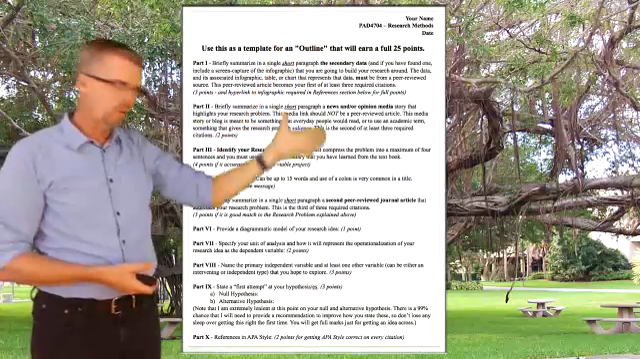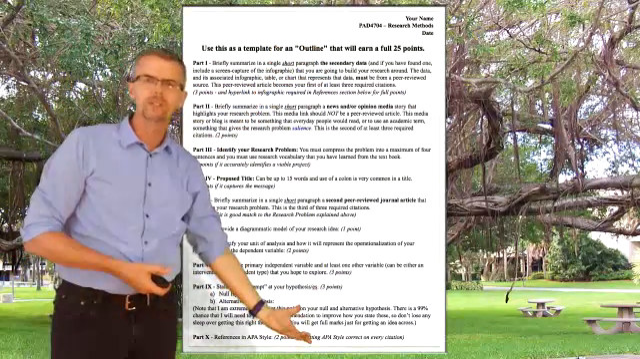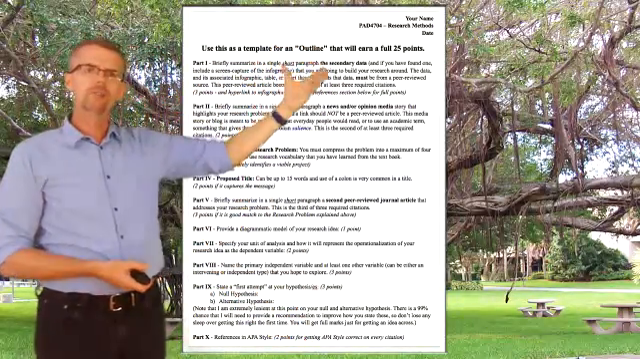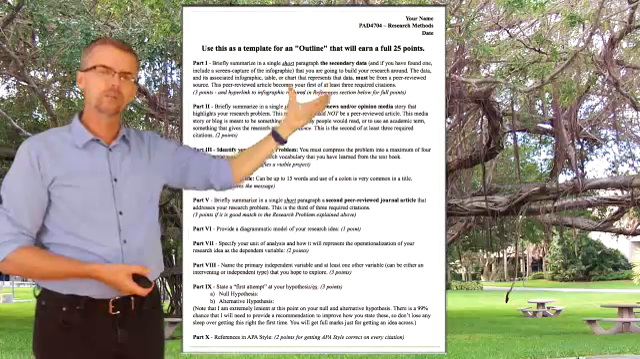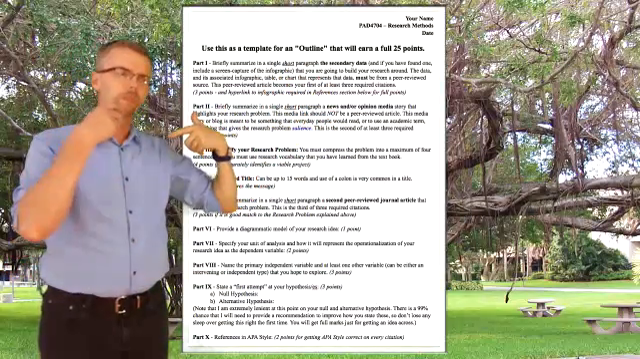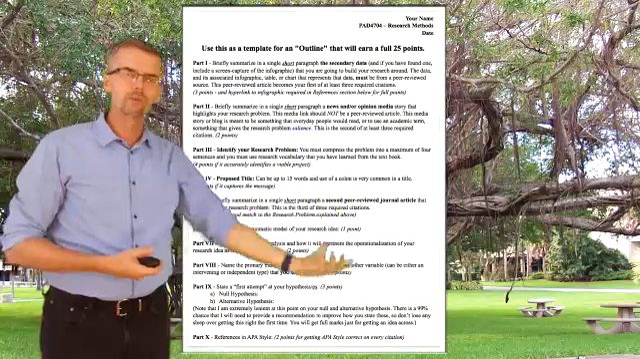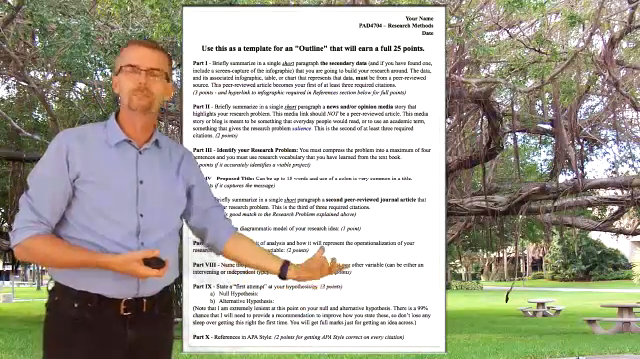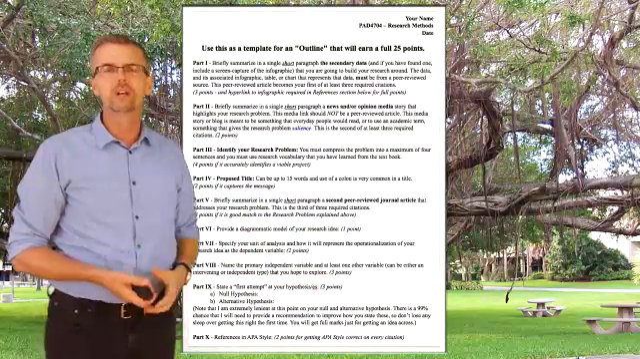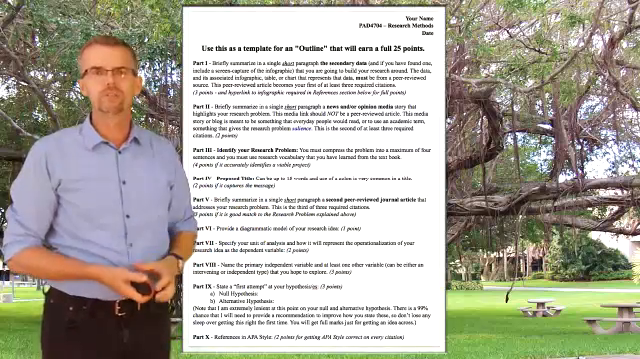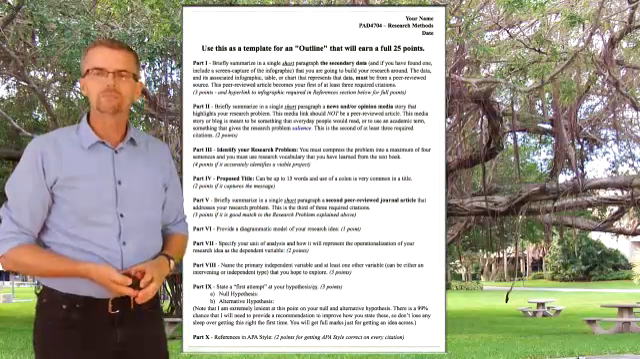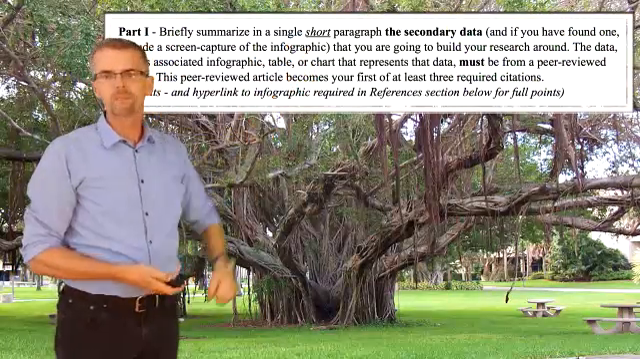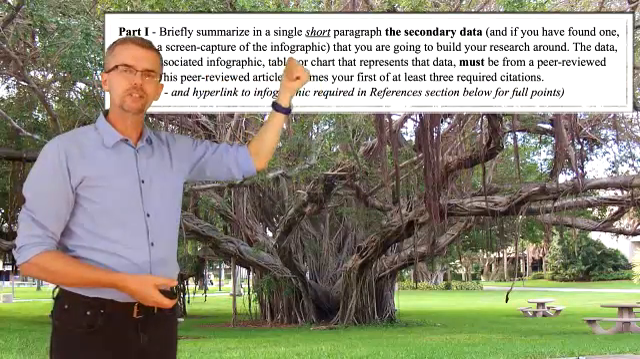This is not the order that you will be writing your research report, obviously. But I want you to do your outline in this order because this is the natural sequence of how the research is actually going to take place because of the unique nature of our use of secondary data. So where we started with part 1, I ask you to briefly summarize in a single short paragraph the secondary data,